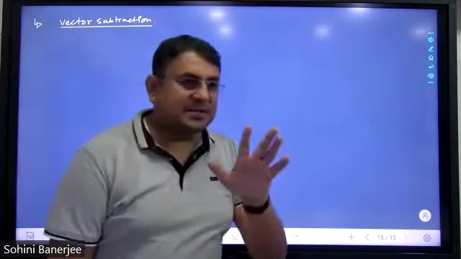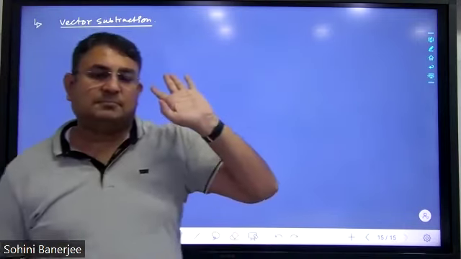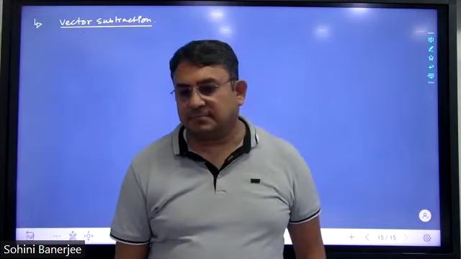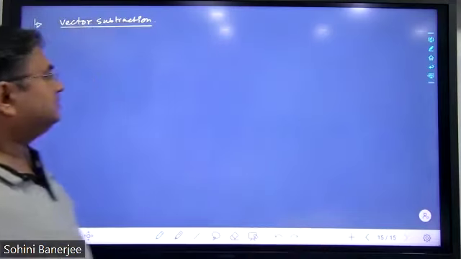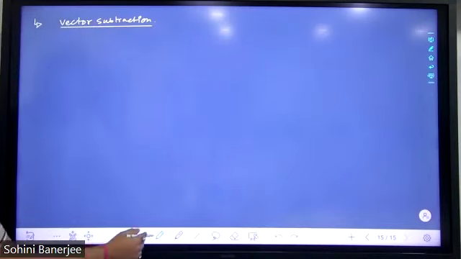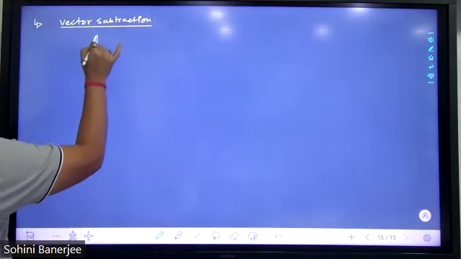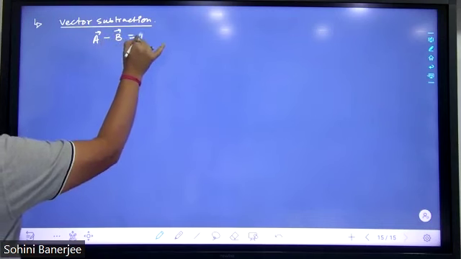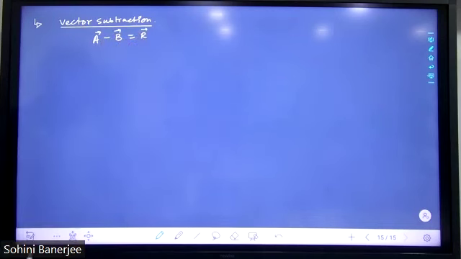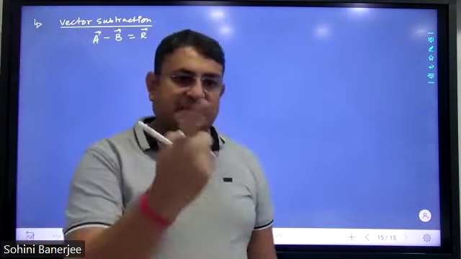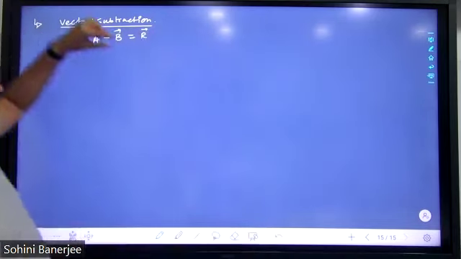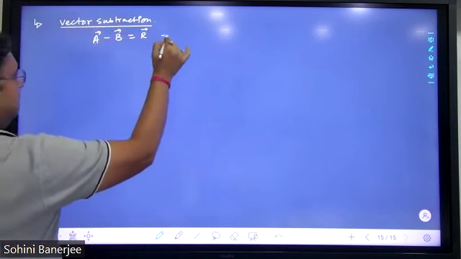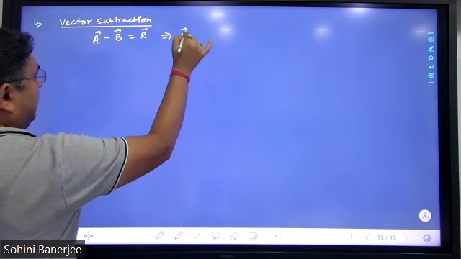Now for vector subtraction, we have no separate law. With the help of vector addition only we subtract. Say you have to perform A minus B. That gives you a resultant, as usual. If you subtract two quantities, you receive a single quantity. So similarly, A minus B gives you one. So this A minus B can be rewritten as A plus